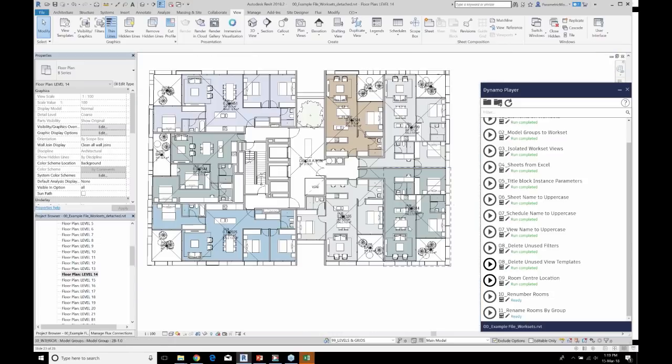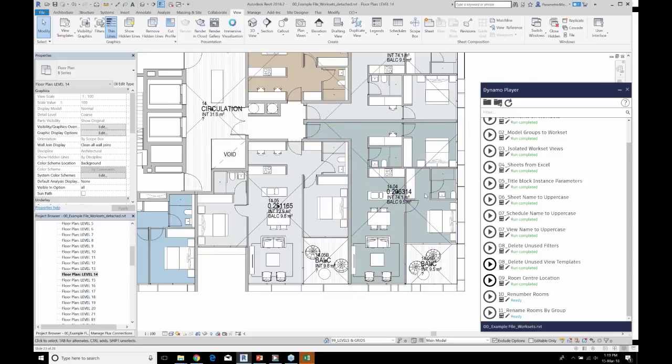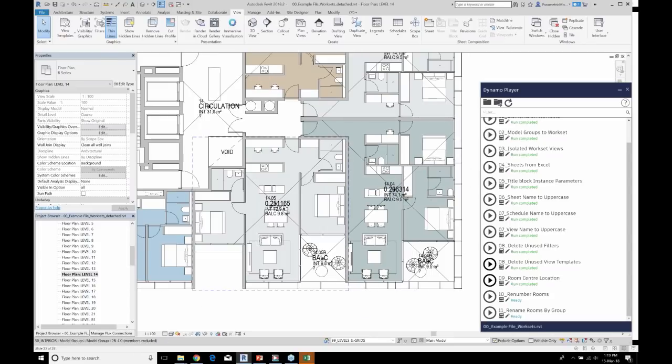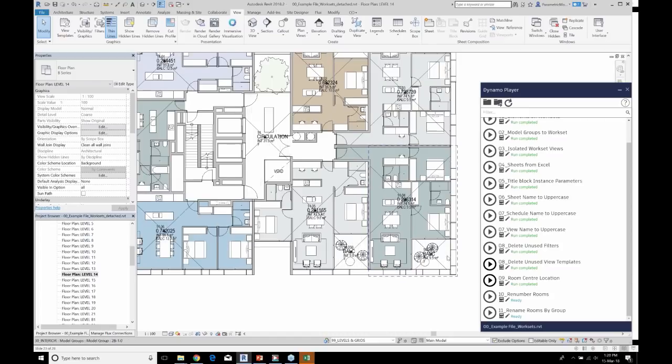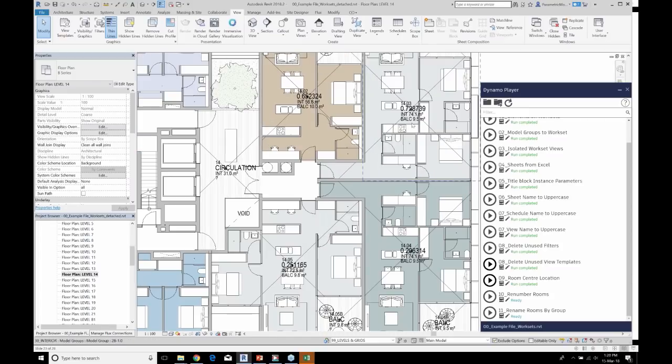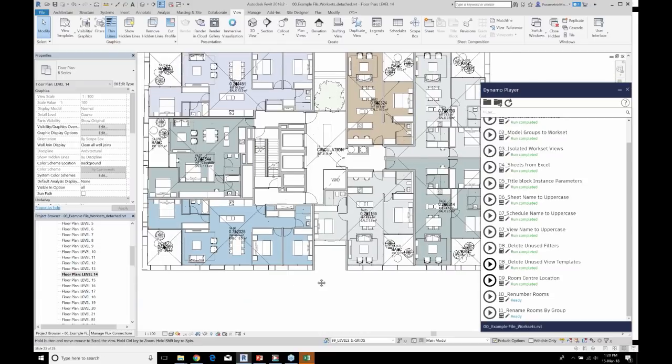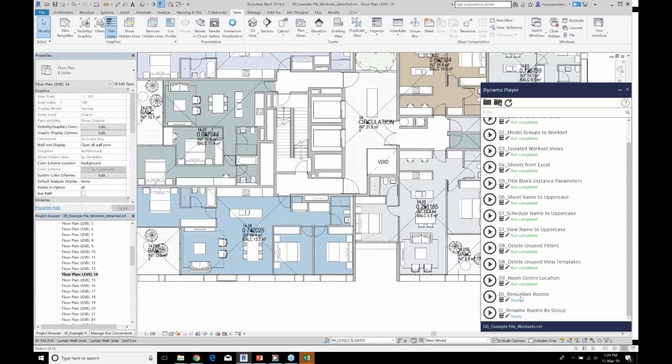Now, there are going to be situations where maybe the center isn't ideal and you want to start to align these, but this will get you most of the way automatically and minimize any manual tweaking that you want to do after it. So renumbering rooms, we can use a schedule to do this, or we could use BIM link.